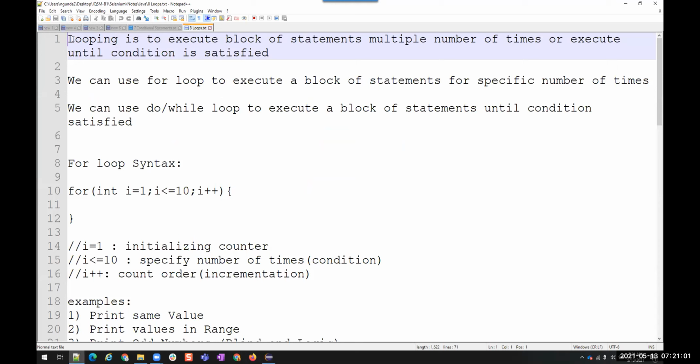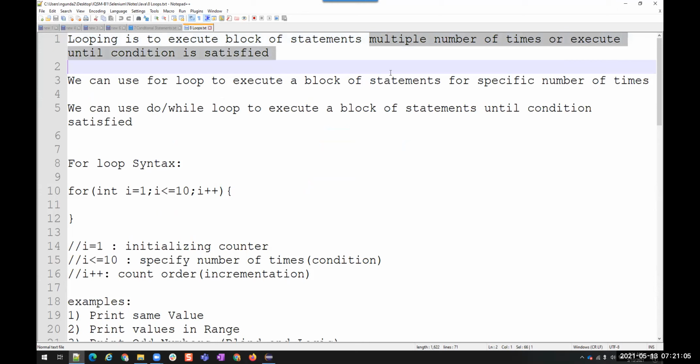Looping is to execute a block of statements multiple number of times, or execute until a condition is satisfied. That's what I just said now. So we use these looping statements to execute some block of statements n number of times. That n might be any number of times that you are willing to do, or until some condition is satisfied.